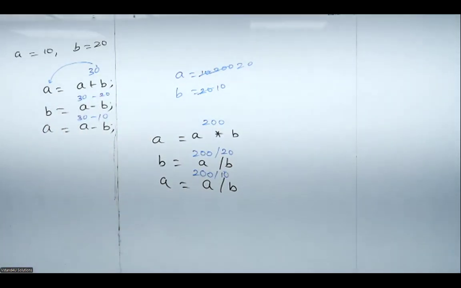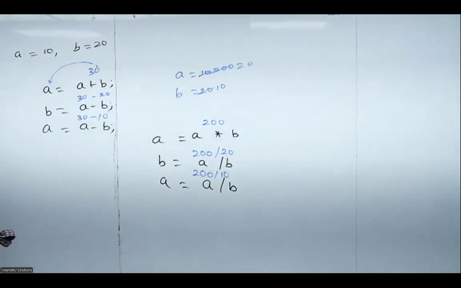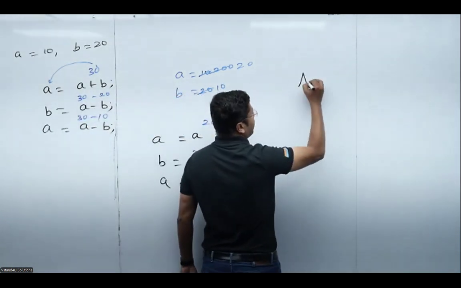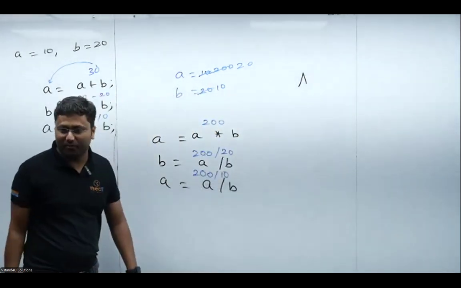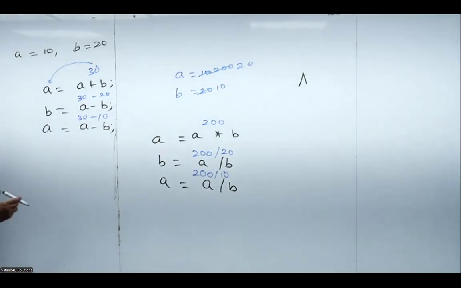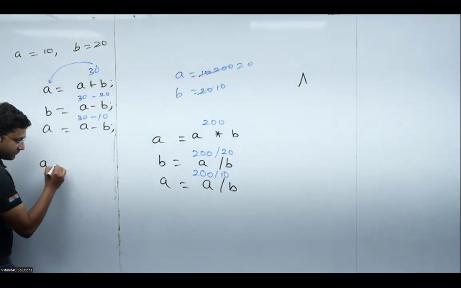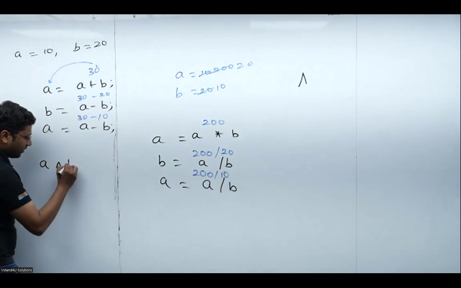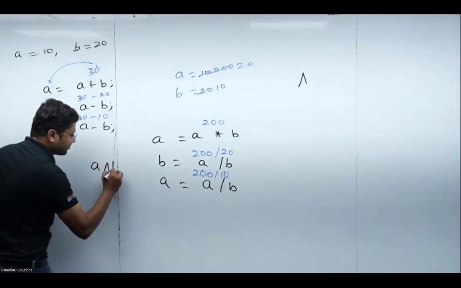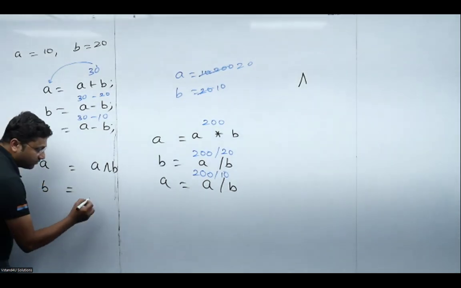How difficult is it? Easy. There is one more operator called the XOR operator. Shall we start? Will you be able to explain the logic? XOR? Third scenario I'm writing. A XOR B, I have to store A XOR B into A. Then B equals